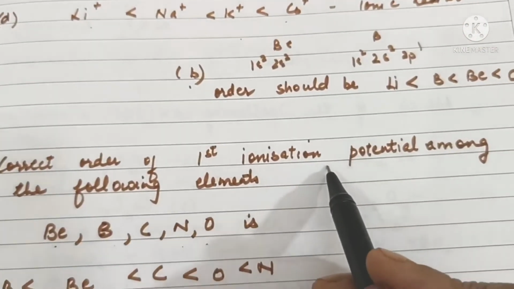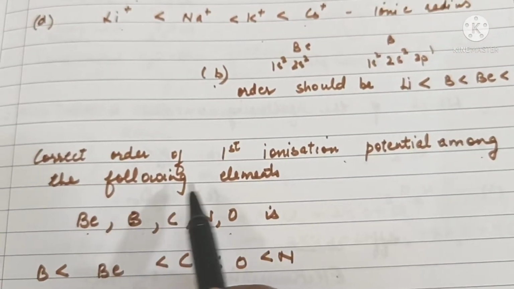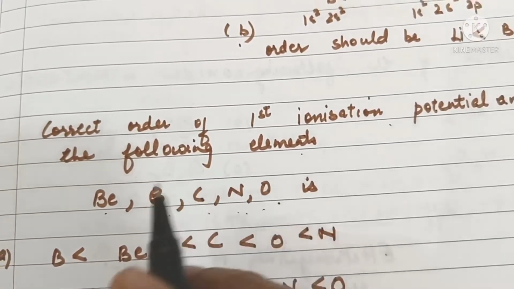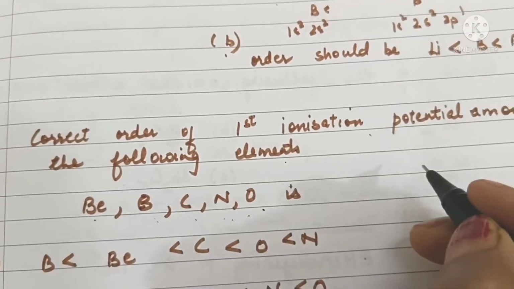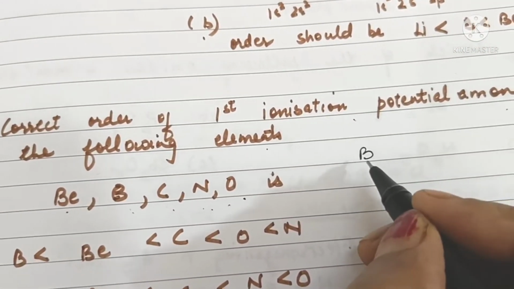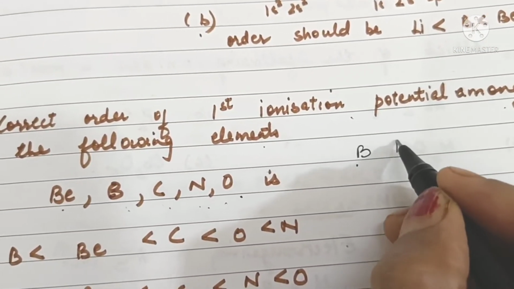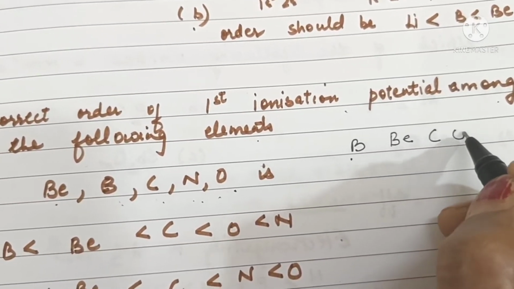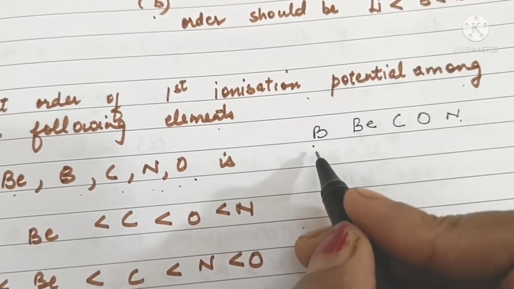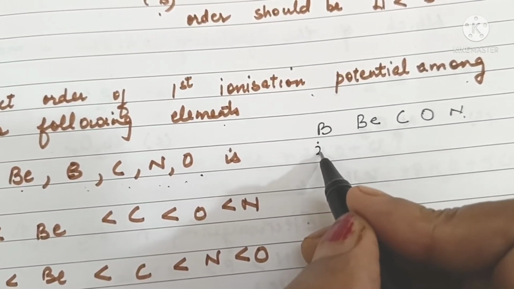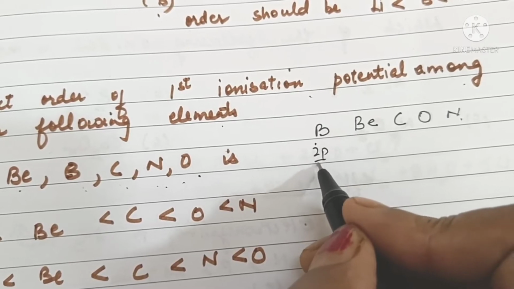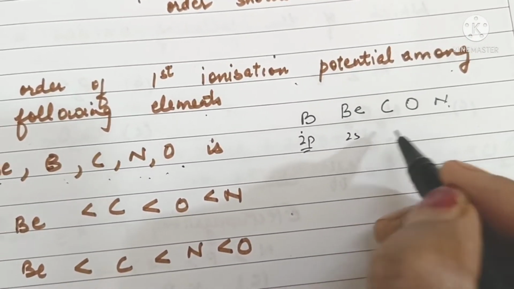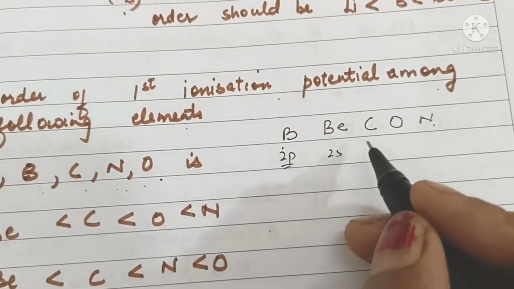Correct order of first ionization potential among the following elements: beryllium, boron, carbon, nitrogen, oxygen is boron, then beryllium, then carbon, then oxygen, then nitrogen. This is because the first electron will be removed from 2p in boron, from 2s in beryllium, then carbon comes after this,